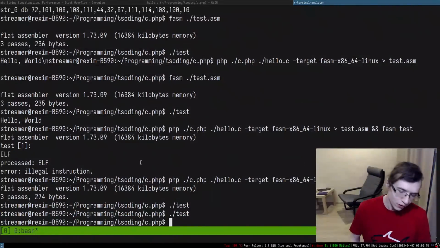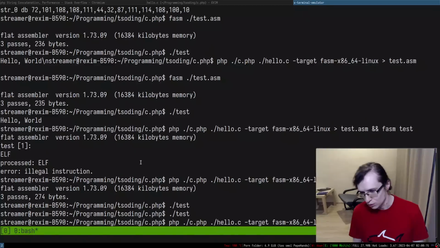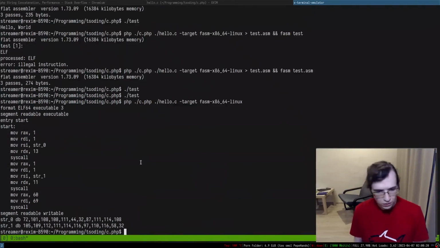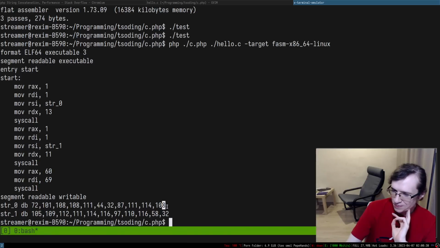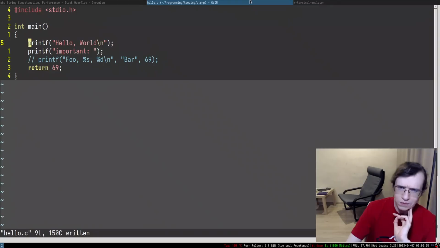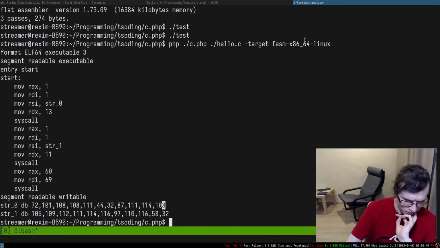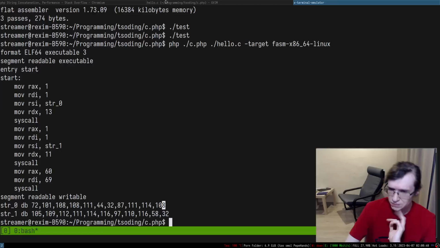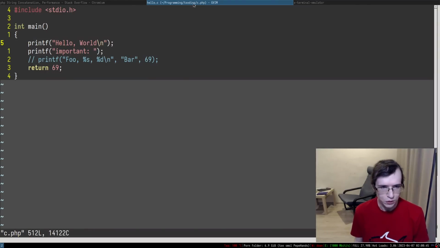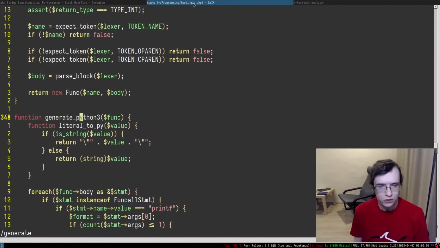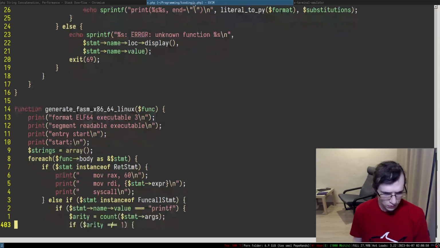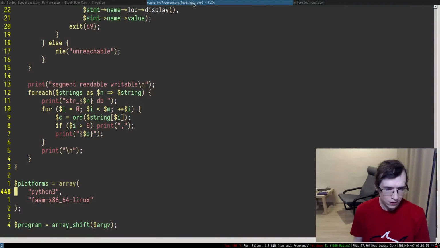Excuse me. Okay, let's try to debug that. All right, so let's just simply not put that stuff in here. What the hell is going on? What the hell is going on? Why? I forgot a new line, I think. Did I? This is weird. Okay, so let's go to c.php and let's generate some stuff in here. Right, so where is that? What the hell is going on?